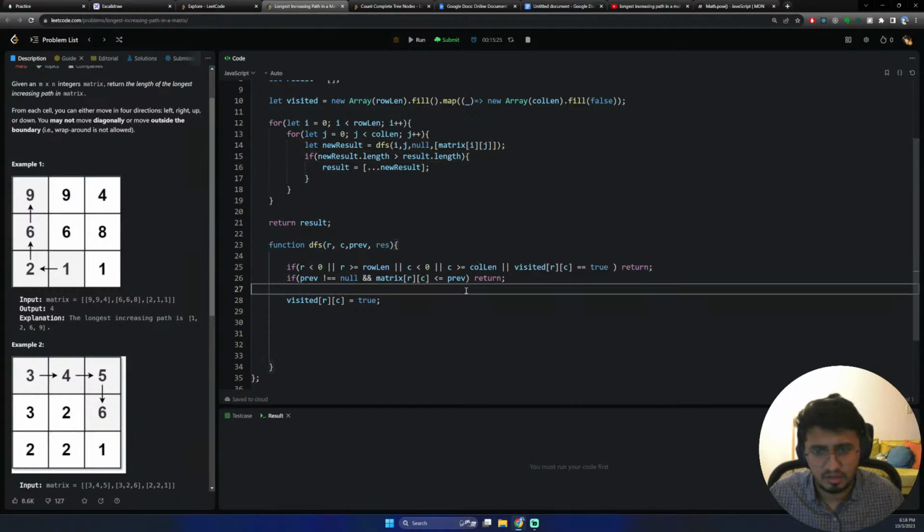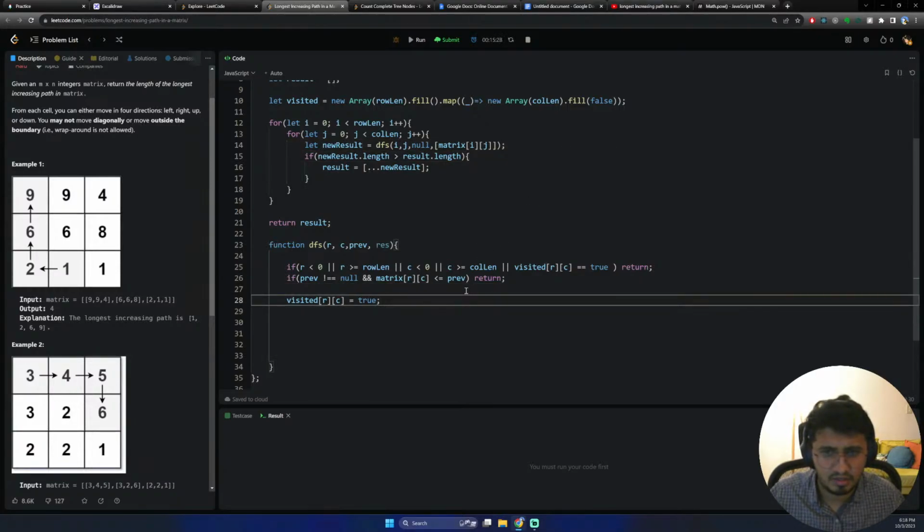Okay, so i and j here, and we need to push res dot push matrix of R and C,